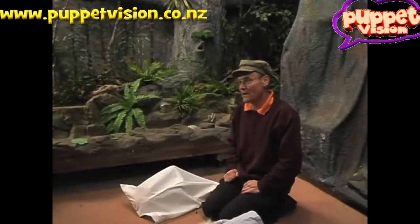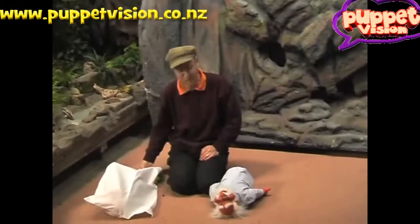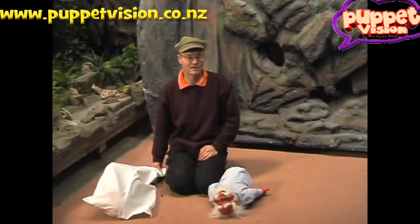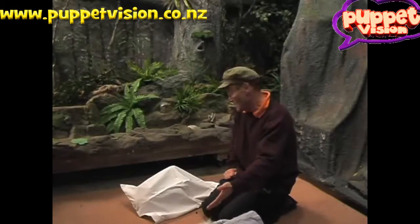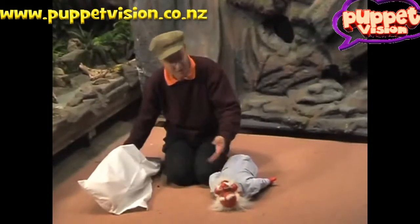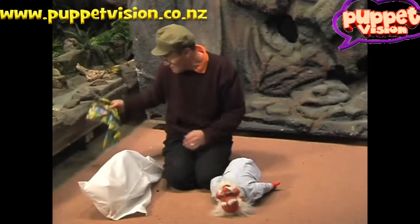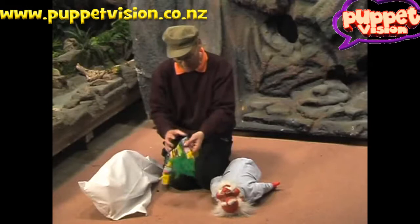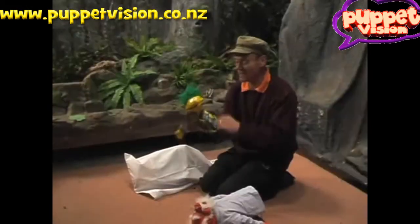I'm going to show you about looking after your puppets and how you put your puppet on. I've found that the puppets are expensive and children and young people have a habit of touching the puppets' faces. Now this puppet here is a latex puppet, so it can probably be cleaned up and painted. But if you've got a little fella like this guy, this is made of cloth and you cannot clean these